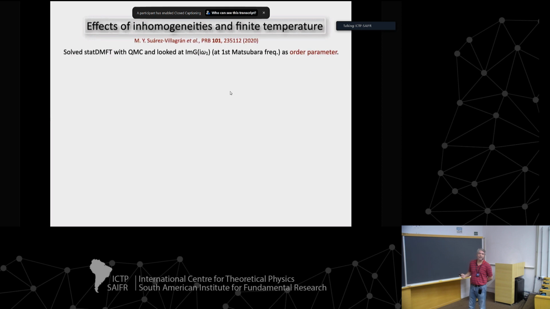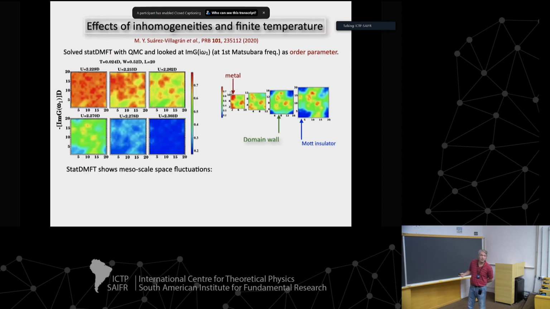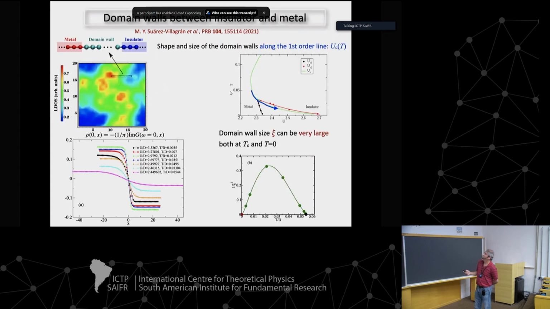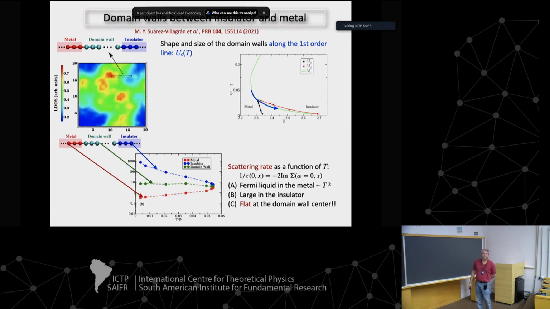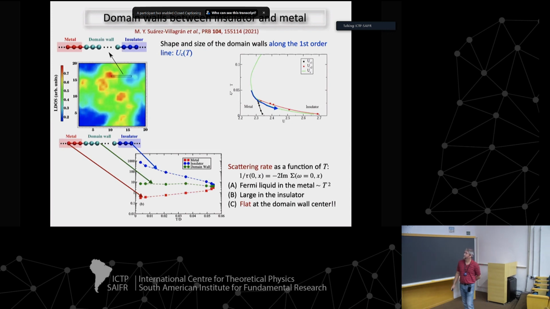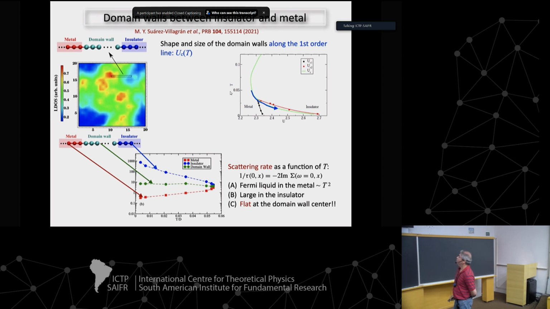I'm sorry? They merge. You're going to higher temperature? Yeah, higher temperature. They merge. This is the one, right? Yeah, and if you keep going higher than that, what happens to the scattering rate above that? Well, it's like going over the critical point of a second order transition. Yeah, what happens after that?